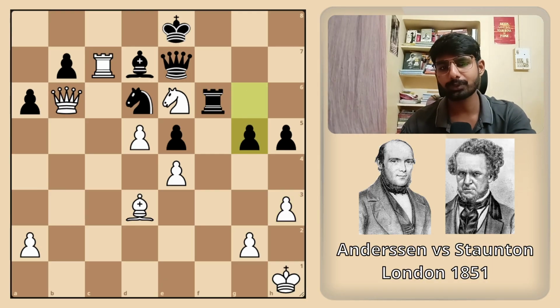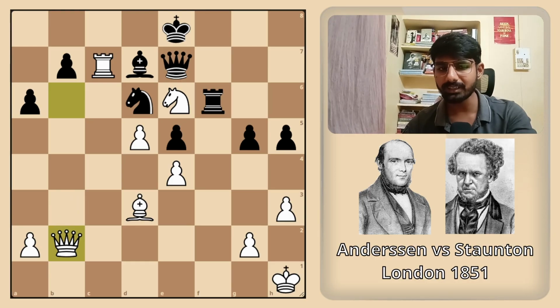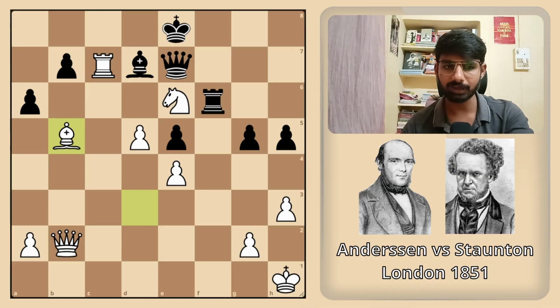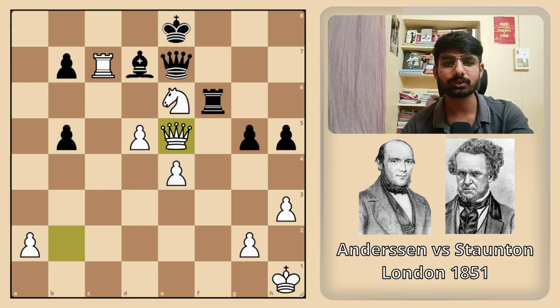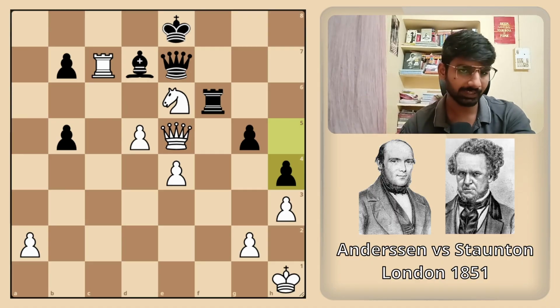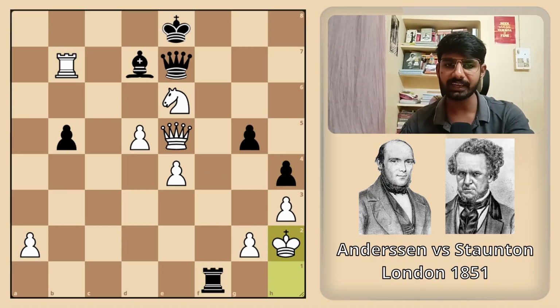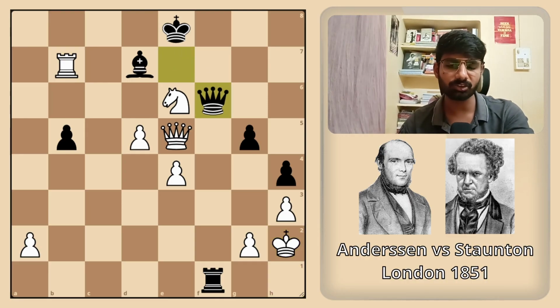Now it's time to gain material because our pieces are well positioned. It's time to gain some material. Queen b2, threatening to win. Queen e5, knight b5, bishop takes b5, a takes b5, and queen takes e5. h4, rook takes b7, rook f1 check, king h2, queen f6, trying to trade queens.